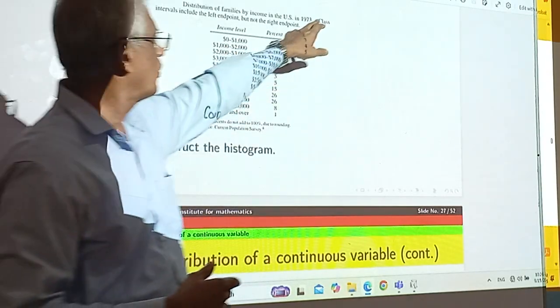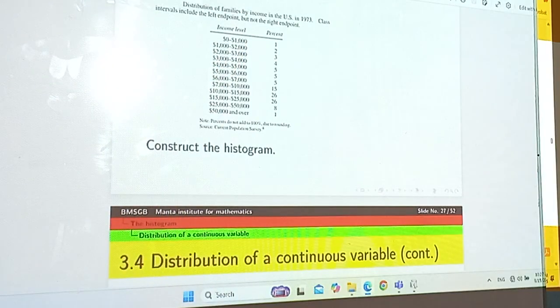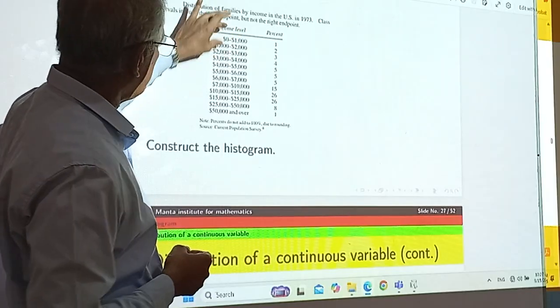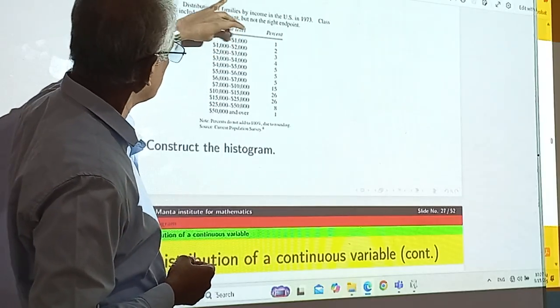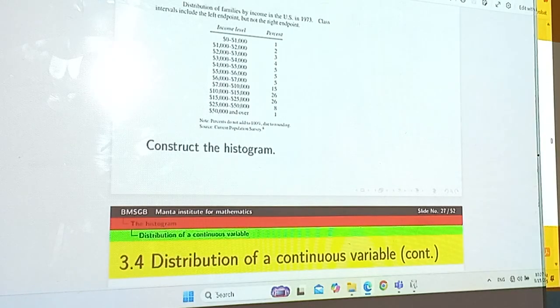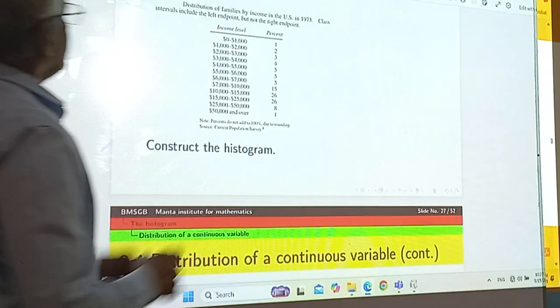So whatever it is, you usually have to mention it, otherwise the reader doesn't know what it really means. Right? So when you are constructing a histogram, you have to see that the widths are not the same here. Some have width 1,000, some have more than 1,000, and so on. So therefore you have to actually calculate the density first of all. So the density will be then income